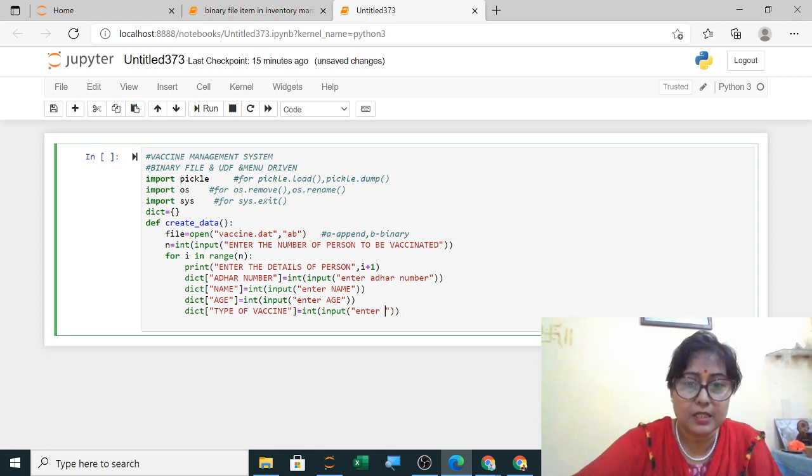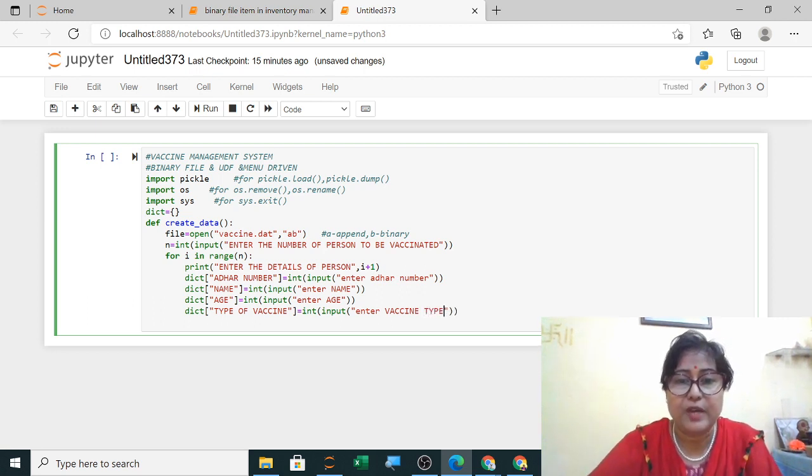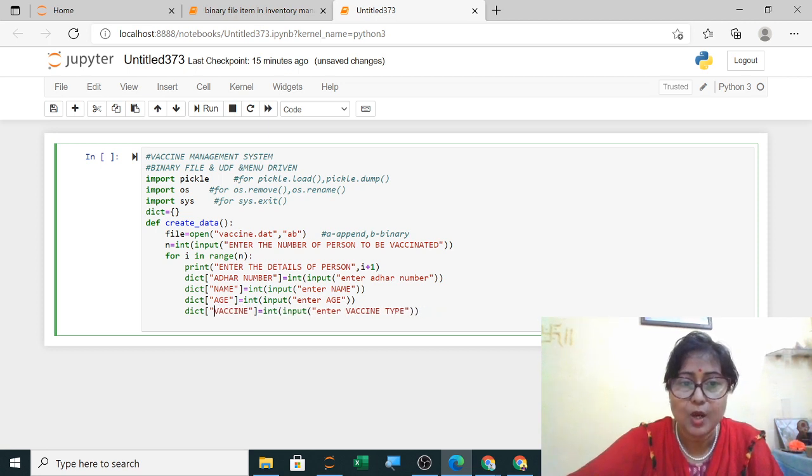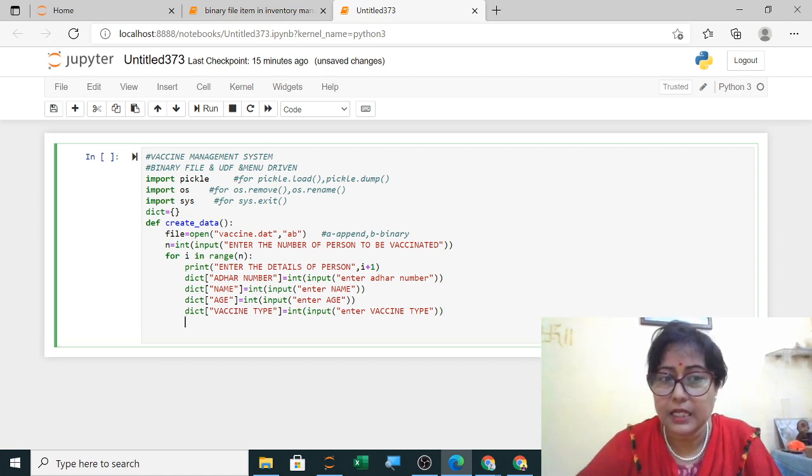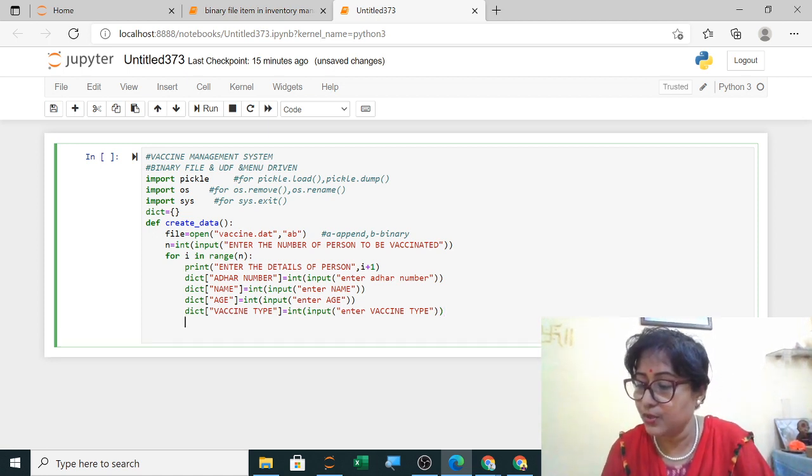These are the data you are taking. Vaccine type or name of vaccine. Clear? This also I am making it short. These will be the headings. Whatever I have written in square brackets, these will be my headings of the table. So these four headings will be given in that dat file. So these data I have asked the user to enter.